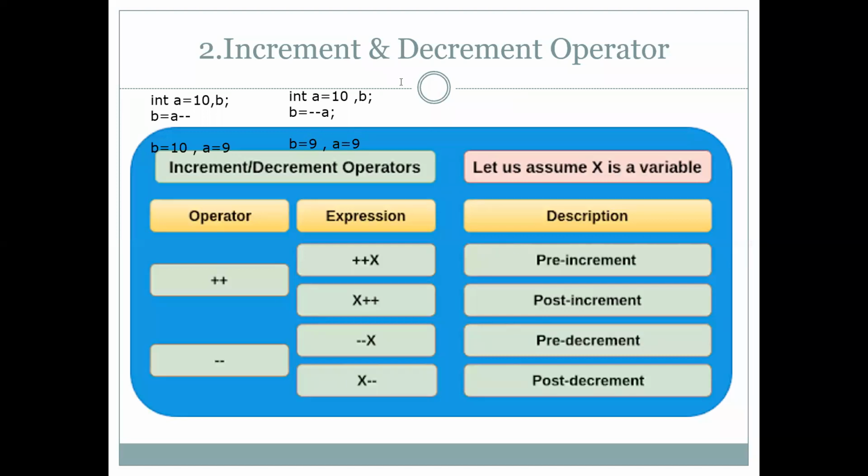So in case of post, what will happen? Post means after, pre means before. Okay. So post means first perform the assignment and then change the value. Whereas pre means first change the value and then perform the operation. Increase or decrease, whatever the operator given here. This is the minus, so pre-decrement: first decrease the value and then assign it to the variable. Okay. This is about the pre and the post. These operators are mostly used during programs.